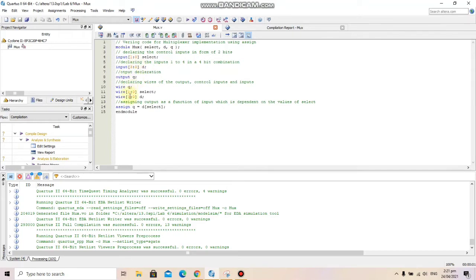We have assigned the wire as we used to do, declaring the wires for everything, and now we only need a simple statement to implement this mux, whereas in all the other cases that we had done previously we had to write long codes, but here we can see that in only one statement we can create the whole multiplexer,